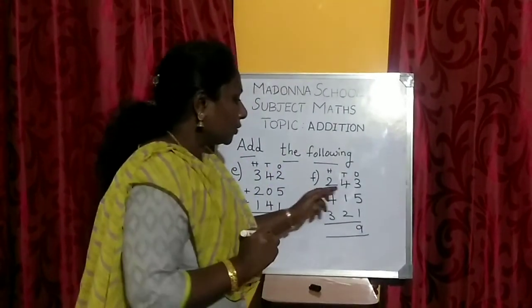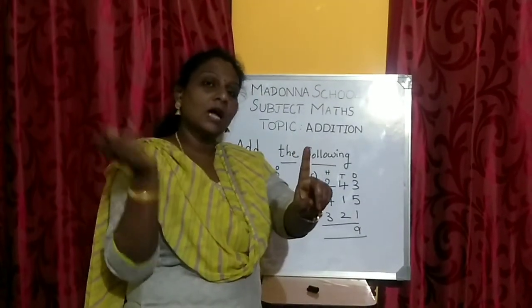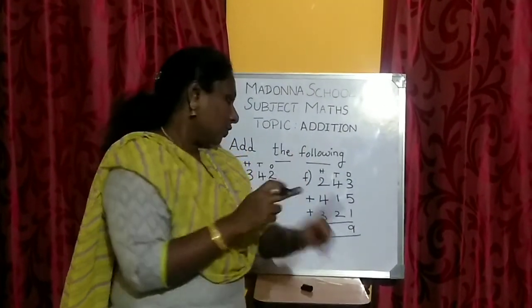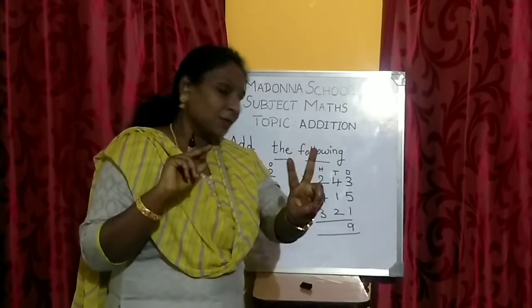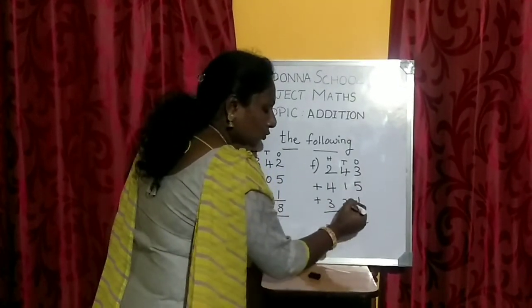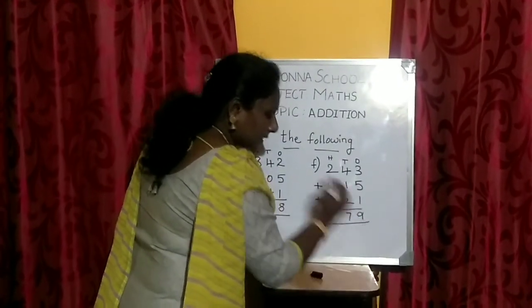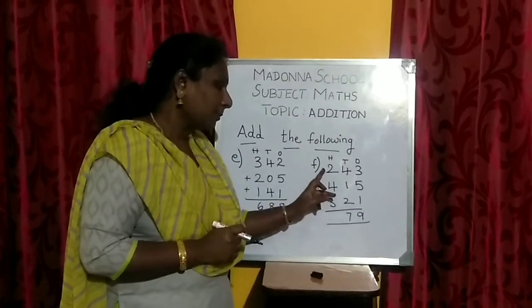9. Okay. So 4 plus 1. 4 in your mind, 1 show it in your finger. After 4, 5. So 5 in your mind, 2 show it in your finger. After 5, 6, 7. So 4 plus 1 plus 2 equals how much, children? 7. Okay. So the next is first number 2.